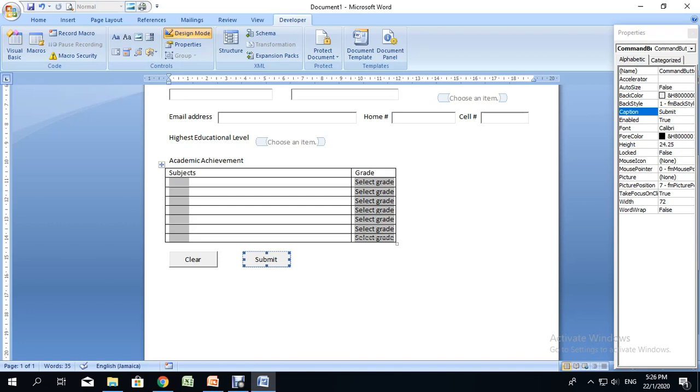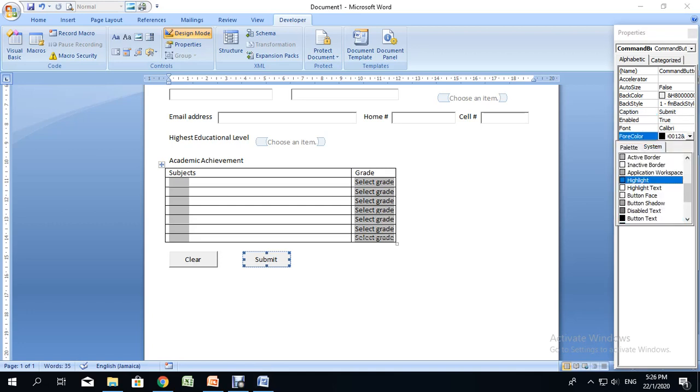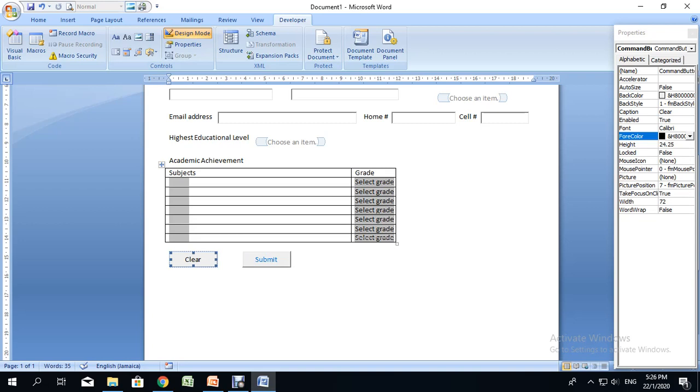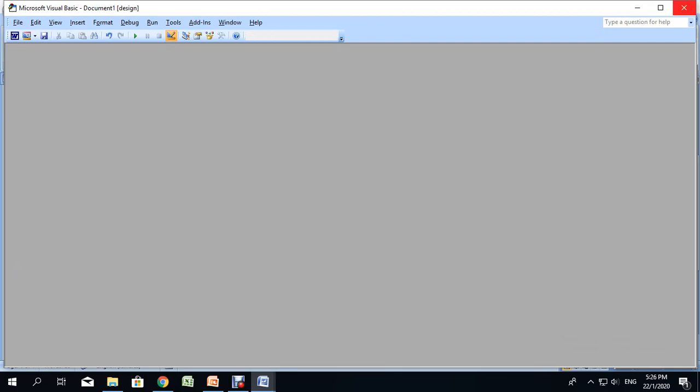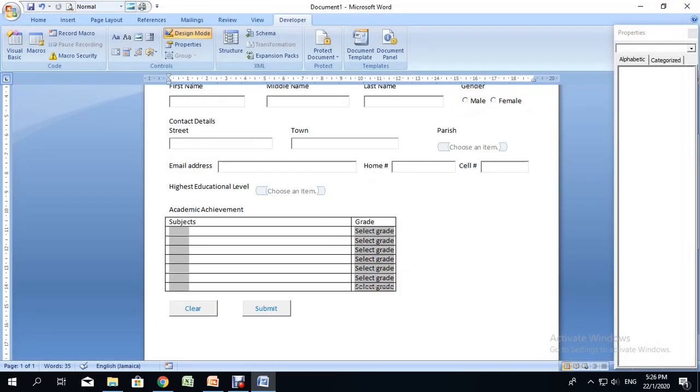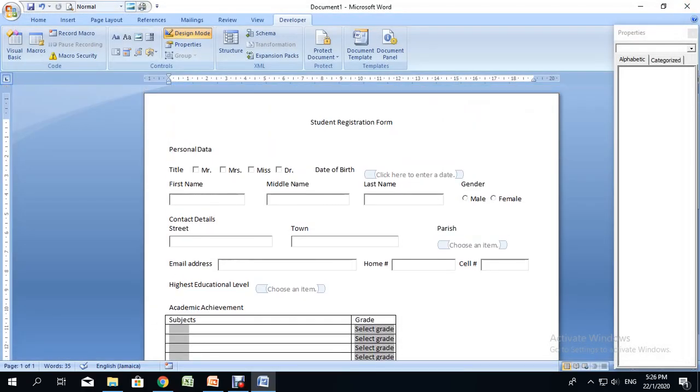I'm going to change the button colors to the text. I'm going to leave the text to be blue. And I'm going to leave those. I'm also going to